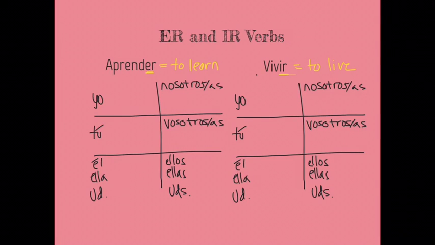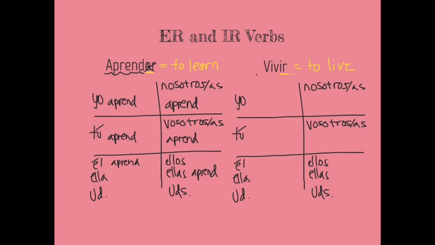Now, how do we conjugate these? Well, the process is the same. We get rid of the ending. We're left with the stem, so aprend in this case. We fill all our conjugation boxes there. Now we need to add the unique endings for an ER verb. So those are going to be o, es,